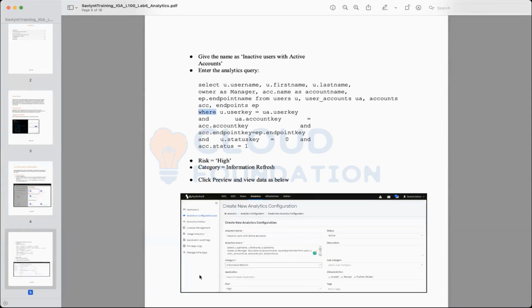But what you need to know is that there are, let's say, in total 5 types of tables that you need to know of. One is the endpoint table, which will hold the value of the endpoint. That is the target application that you're dealing with. The users table, the accounts table, and then you have the entitlements table. I told you last time as well that you can give access to a person to a certain target application. But within that target application, what access are you giving to that person? Right? That is called an entitlement.